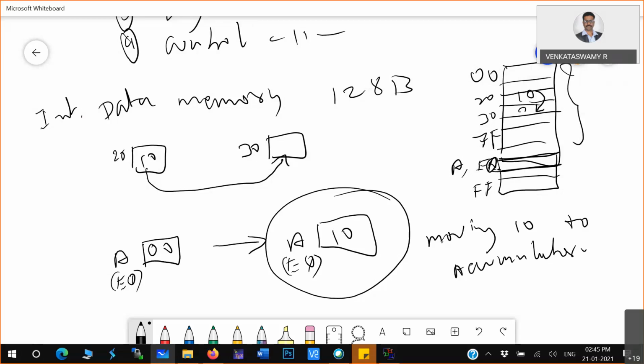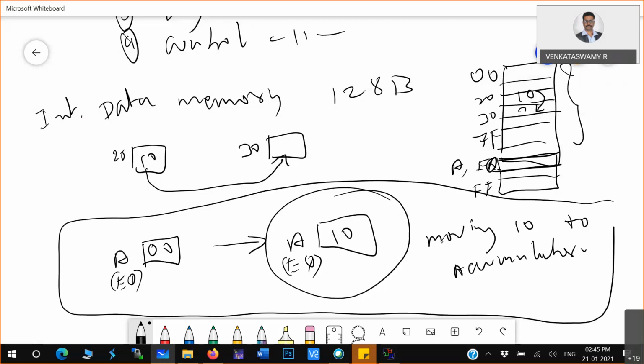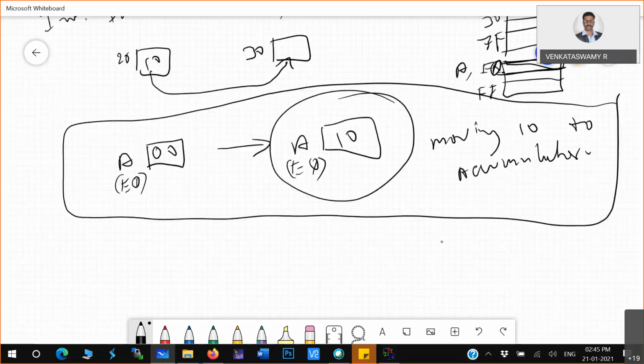Now, if you want to execute this operation in a microcontroller, there is one instruction called the move instruction. Move is the instruction opcode. Move moves the data from one memory location to another.